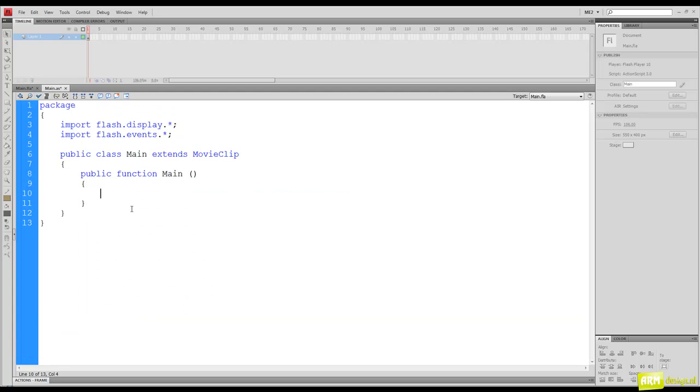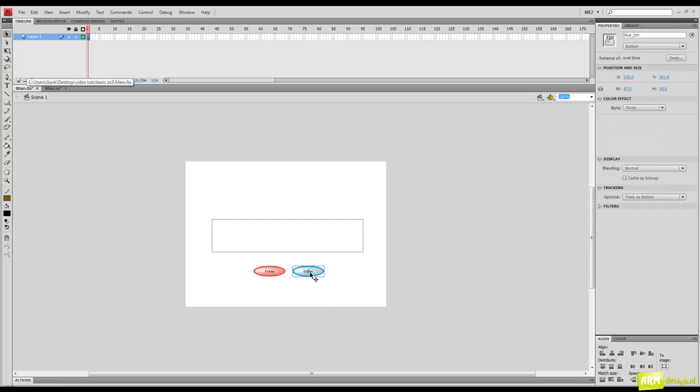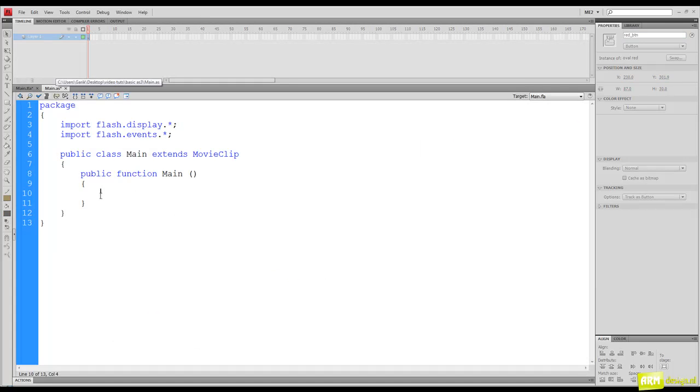To interact with buttons, you're going to need to listen for clicks, and the way you listen for clicks, you have to specify the name of the buttons, which we have already given. This one is called blue_btn and this one is called red_btn. You can see right here. So in our ActionScript